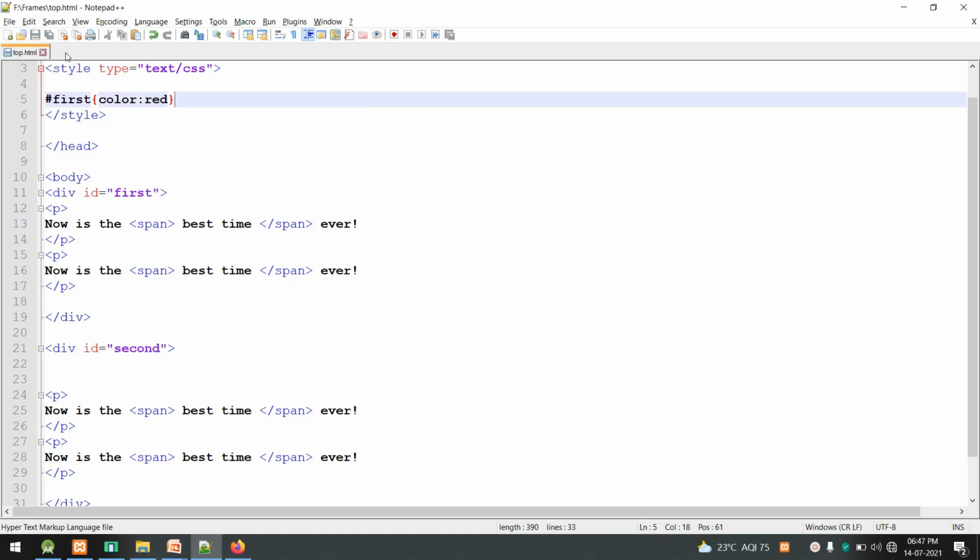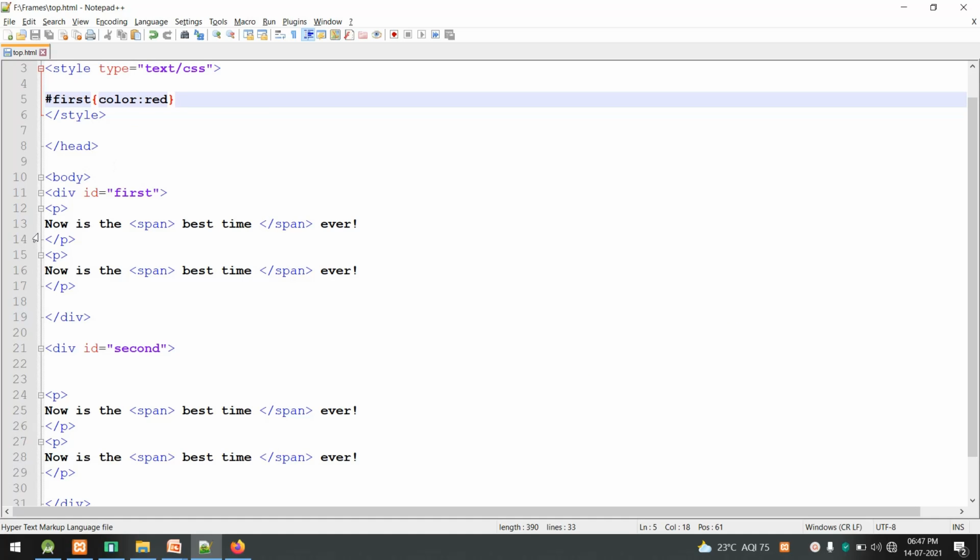Okay, now you can see the red has been applied only to the first 2 paragraph tags as we wanted. So we have used an ID selector here, and we have also used a division tag to divide the paragraphs into 2 sections. In the same way I can say hash second, and I can apply a style to the second division.